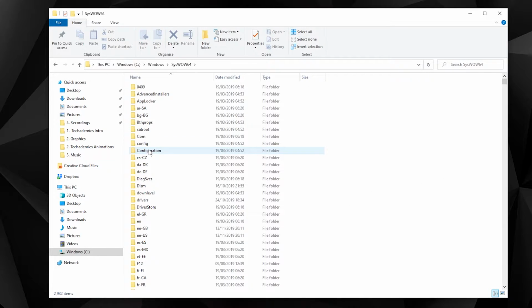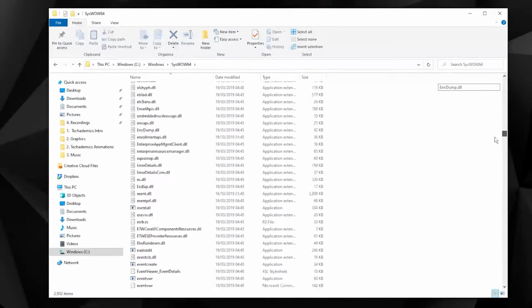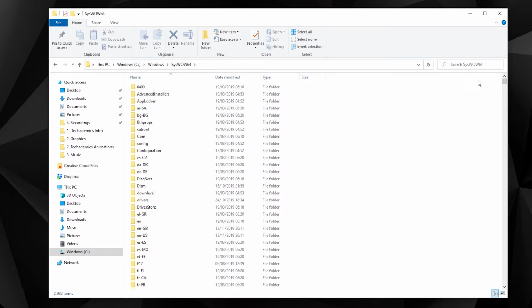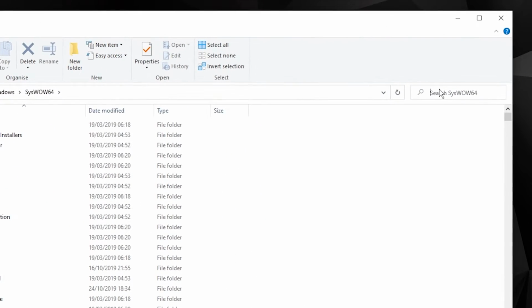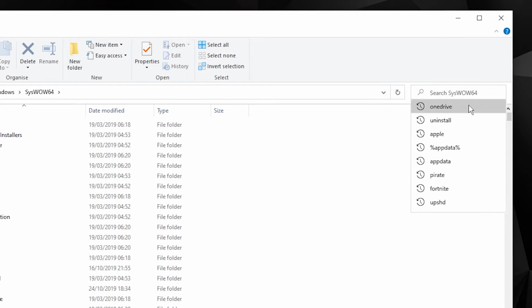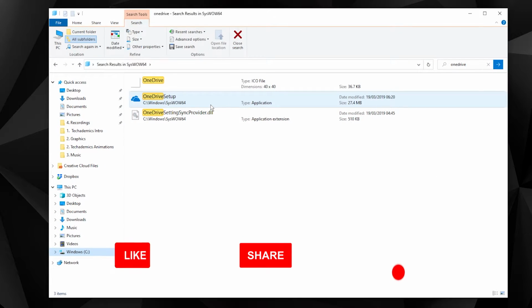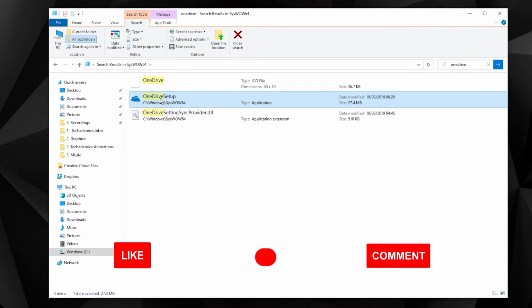up this folder here. Now in this folder, you want to go ahead and find the file called OneDrive. Now you could scroll through this looking for it, but it might take a very long time. So you want to go ahead and click on the search bar in the top right hand corner, and you want to go ahead and type in OneDrive. Once you've done that, it should pop up right here, and you want to go ahead and run the OneDrive